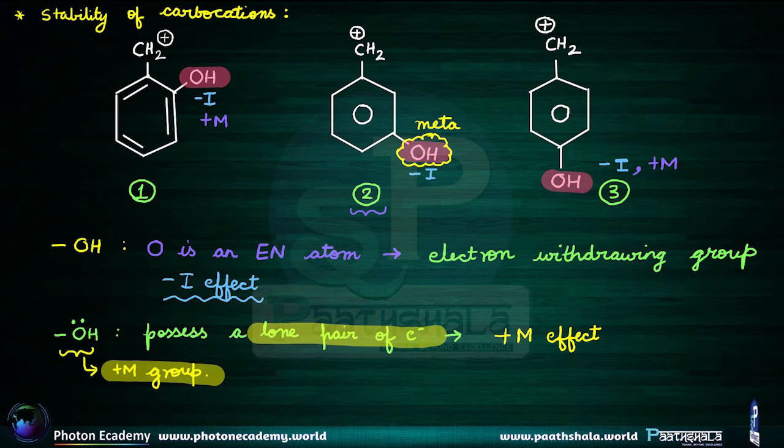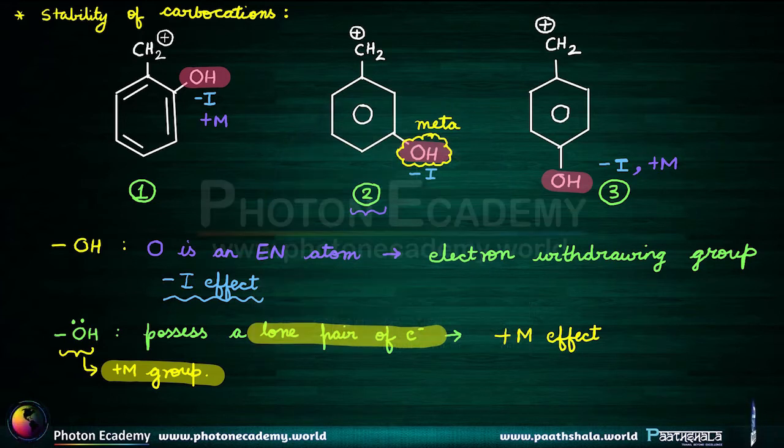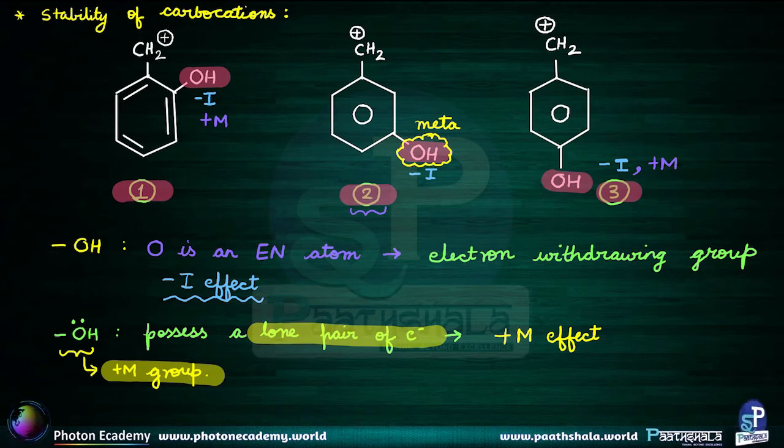Now, next up, we have to compare these three, the first, the second, and the third one. So let us begin comparing them. Now, what I see is that the first and the third one have an extra effect, the plus M effect. But we have the minus I effect too. So we can leave the second one. The second one is the least stable, of course,